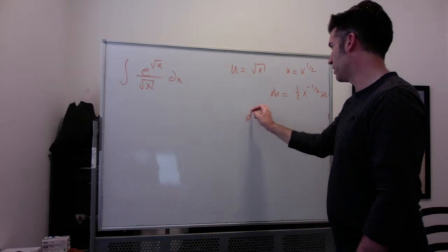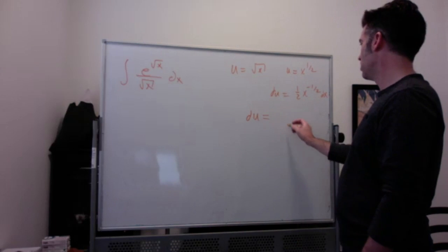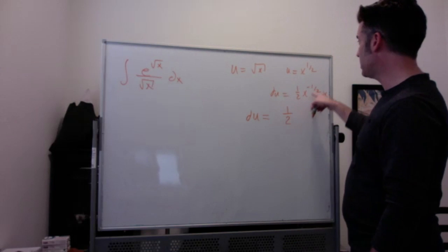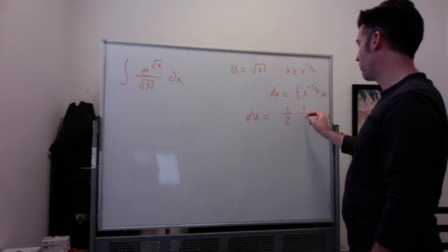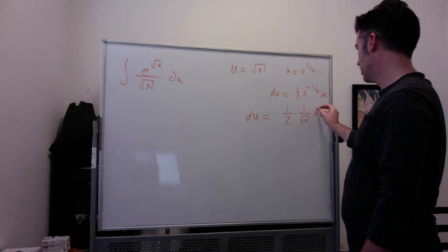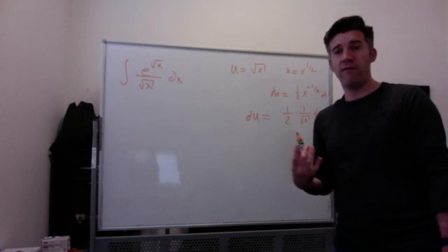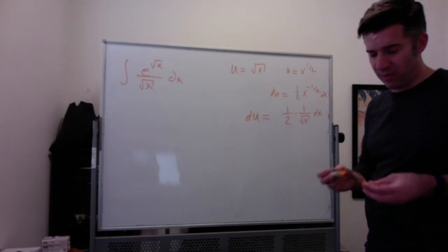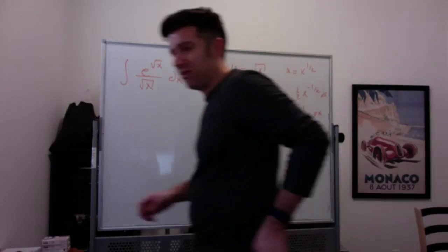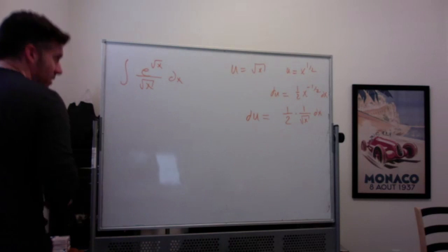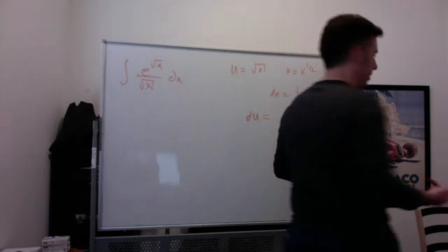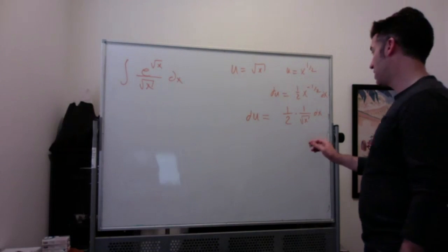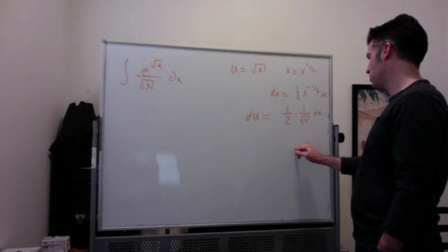So I've got du equal to 1/2 x to the negative 1/2, which is 1 over the square root of x dx. I will fully admit, some people really just like to solve for dx. That is never the way I've liked doing it, but I will show you that it works just fine a lot of the time. I will say it doesn't always work fine. But here you could totally say, oh, dx is equal to